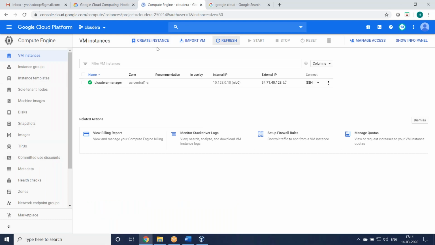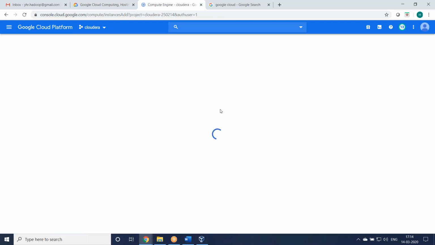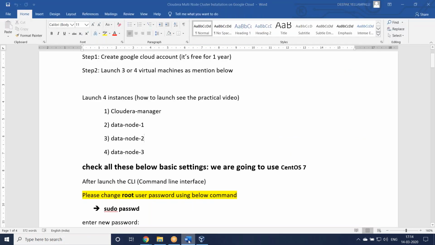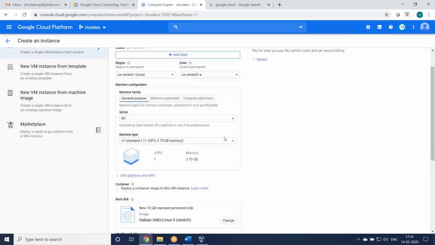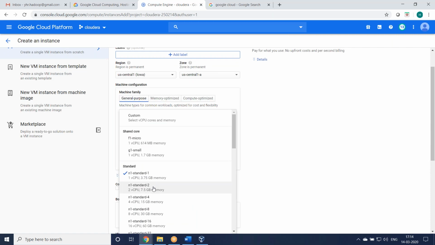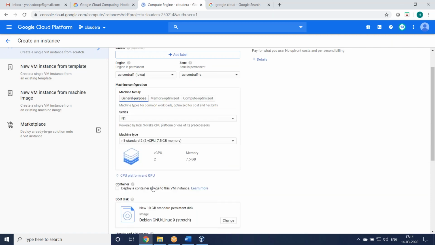Same page, no need to go here. Create instance. Data node one. Similarly, I don't want to change anything. You can keep 8 GB, 7.5 GB, 2 cores.